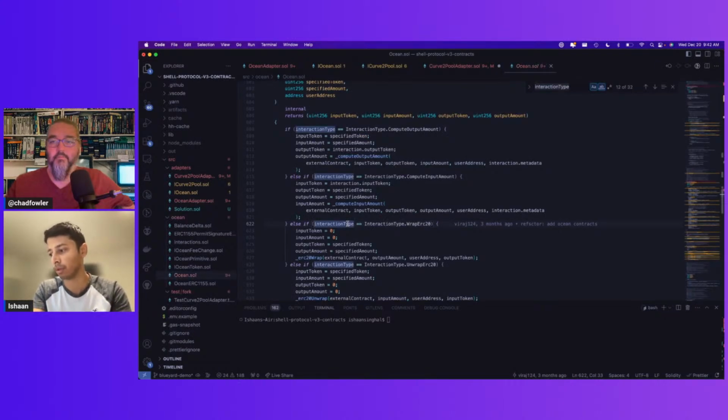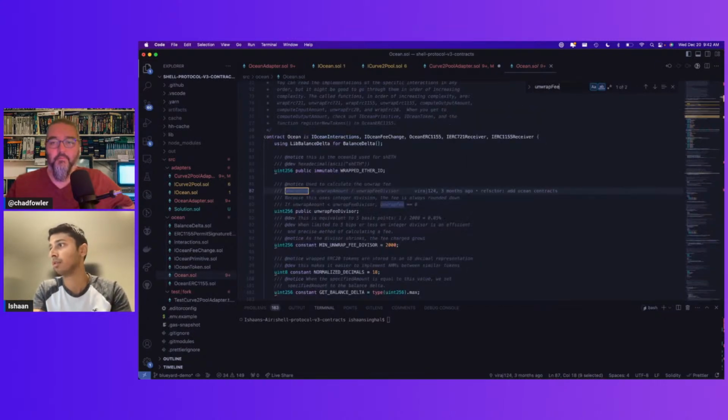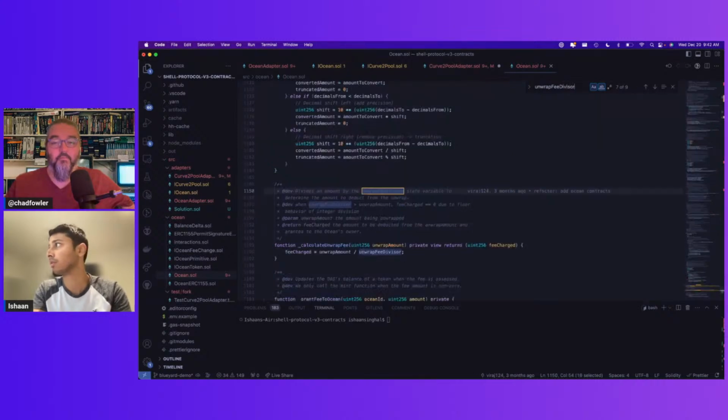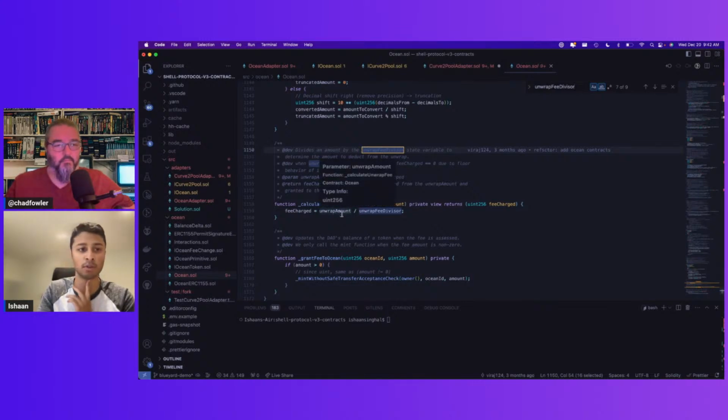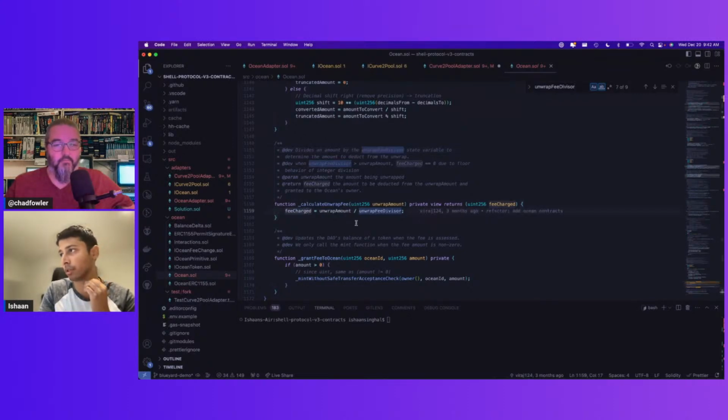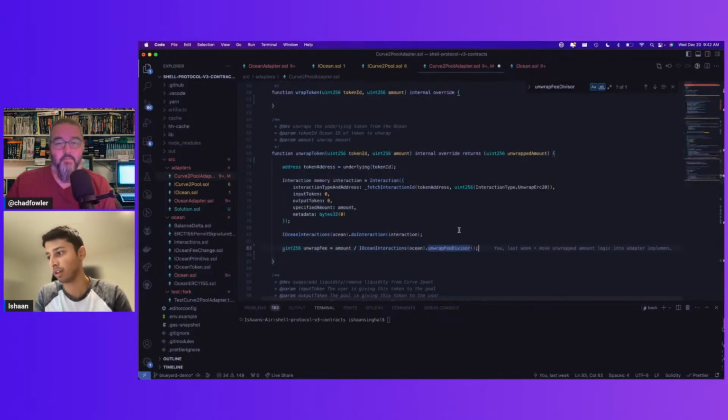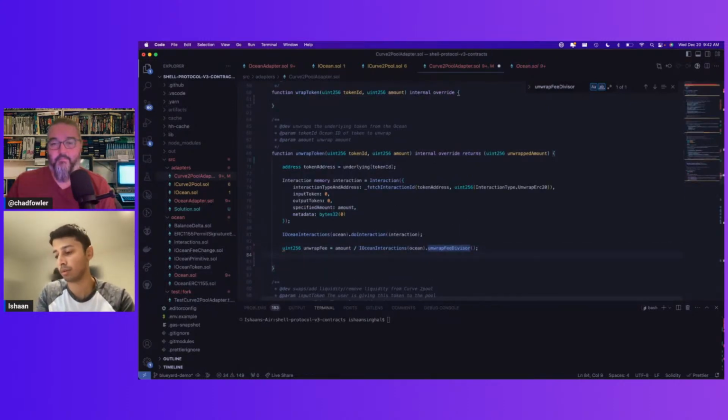If we look at here, we can see that the fee charged is based on this divisor, where you simply divide by however much you're unwrapping, and that'll get you the fee that you're being charged as a result. Cool. So once we have this, then